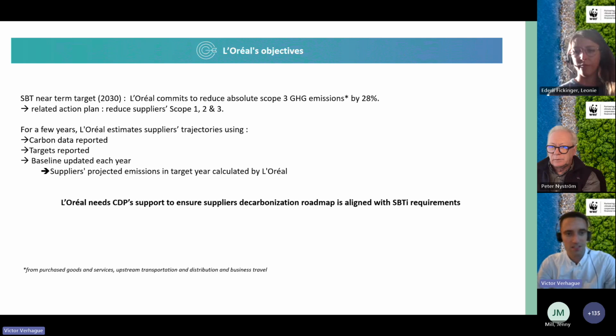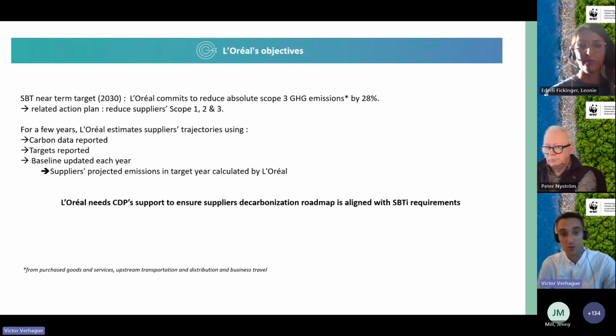And then these temperature scores are aggregated at the supply chain level by using emissions, spend, and supplier revenue data as weights. This is essentially an adaptation of the financed emissions weighting approach to a value chain use case. So the same kind of weighting method used by Jenny at Schroders, but applied to a supply chain. And ultimately, this allows L'Oréal to see the current level of ambition of their supply chain in an aggregated emissions